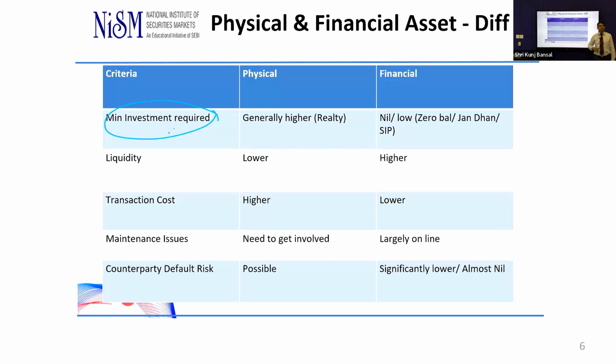Against that, financial assets, liquidity very high. If you have bank deposits, you can go and withdraw them on all the days the bank branch is operating. If it's a holiday, then you can go to the ATM and withdraw. Similarly, mutual funds and equities, you can simply give a redemption, and generally T+2, you directly get money into your account. So only 2 days is what we need. In fact, in share investment, we have now moved to T+1 settlement. We are planning to move to T+0 and then online settlement. That will not need even 1 day. So that's the kind of liquidity.